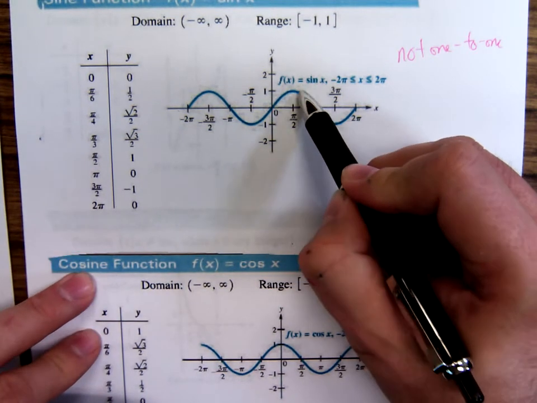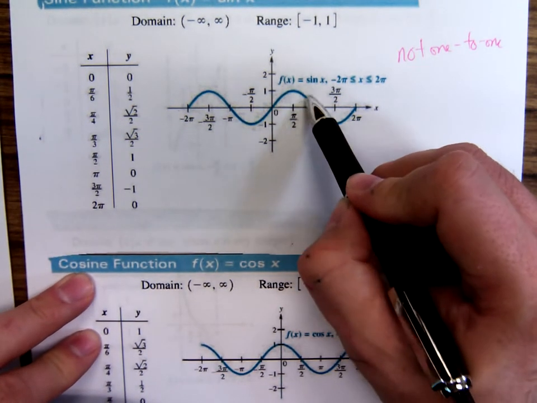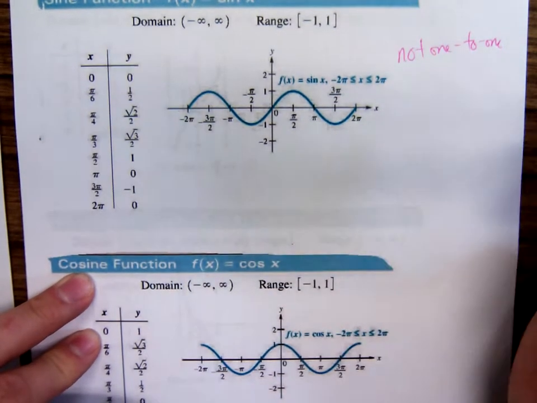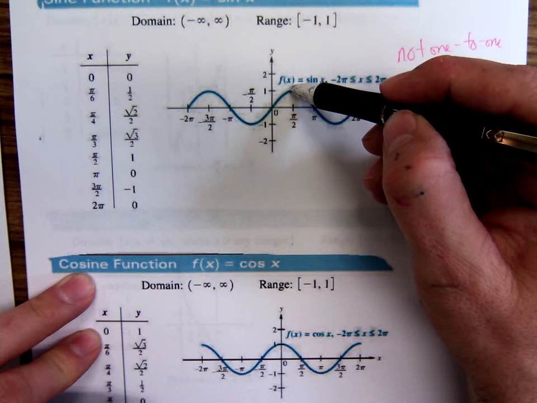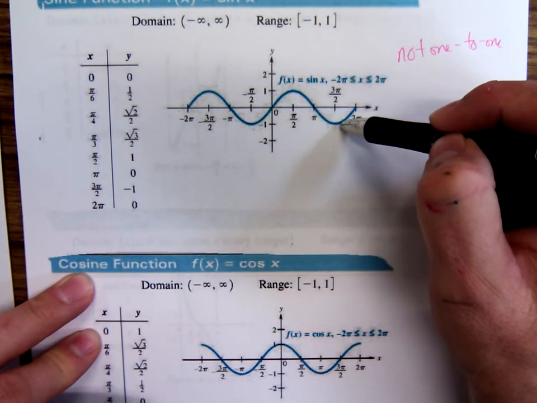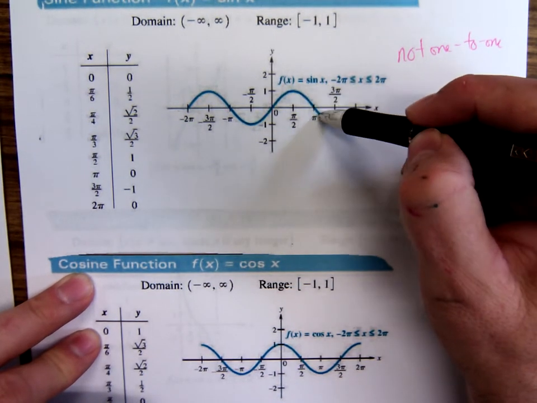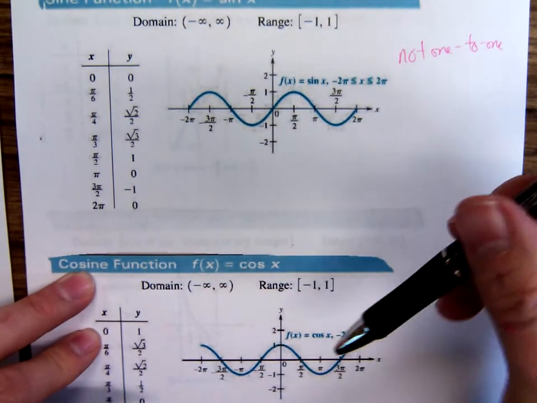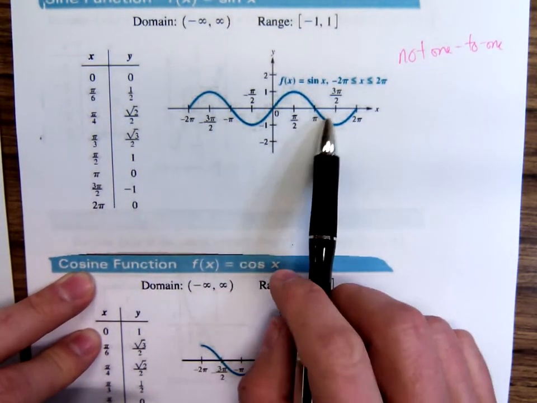Wait. Right here. This little part here, it looks sort of like a parabola. Nuh-uh. So, but what if we went from pi over 2 to maybe 3 pi over 2? Is that part 1 to 1? Yes. It's sort of up to us which part of the graph we're going to use, but we're going to